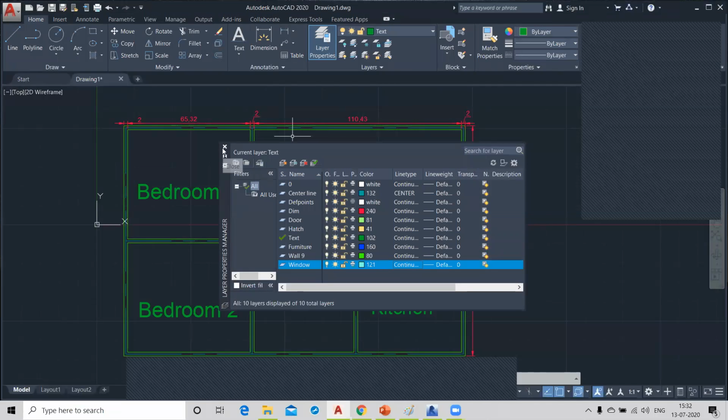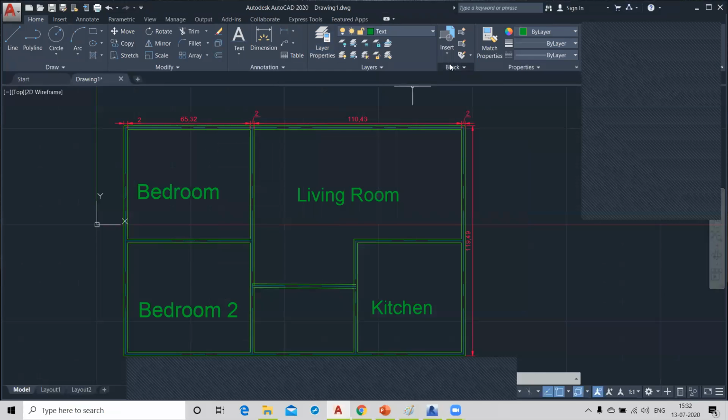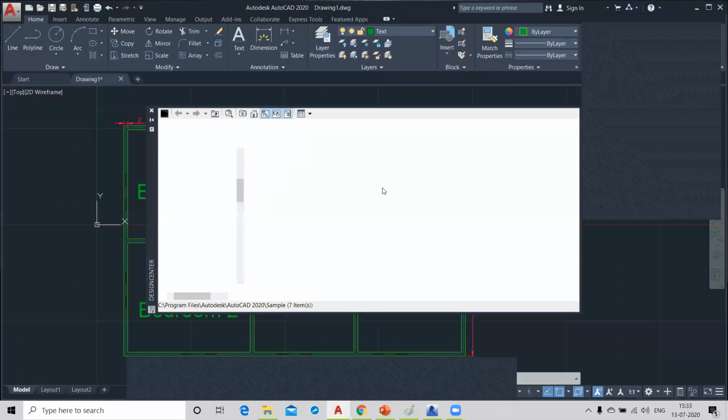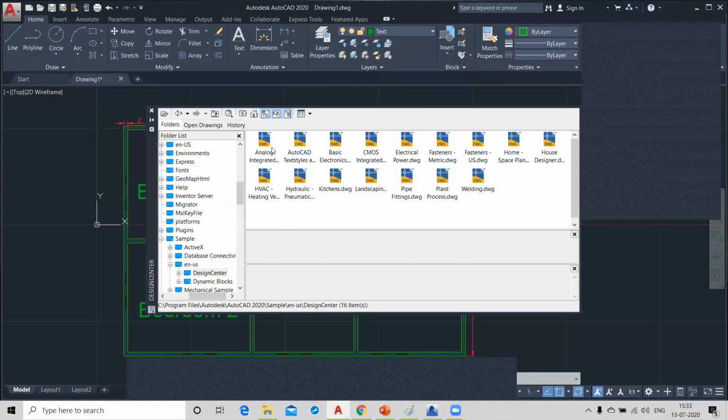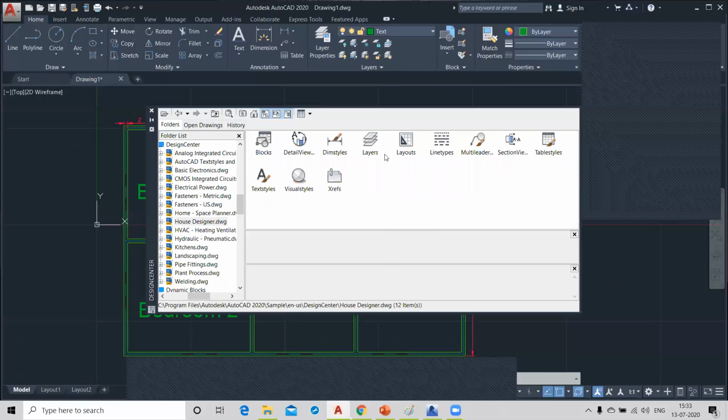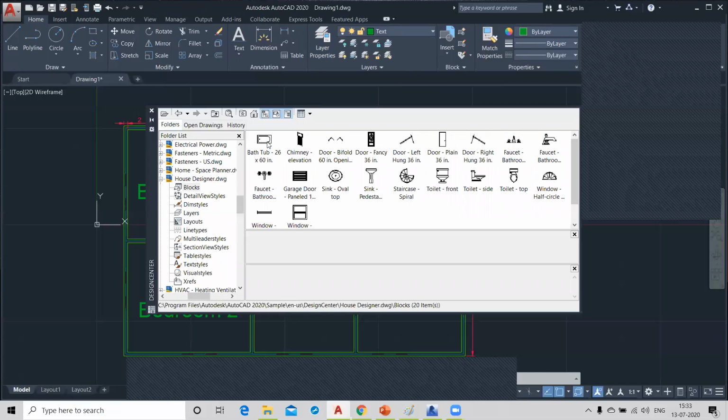So now you can import. I don't have any furniture, I am just inserting it with the command from here. House designer.